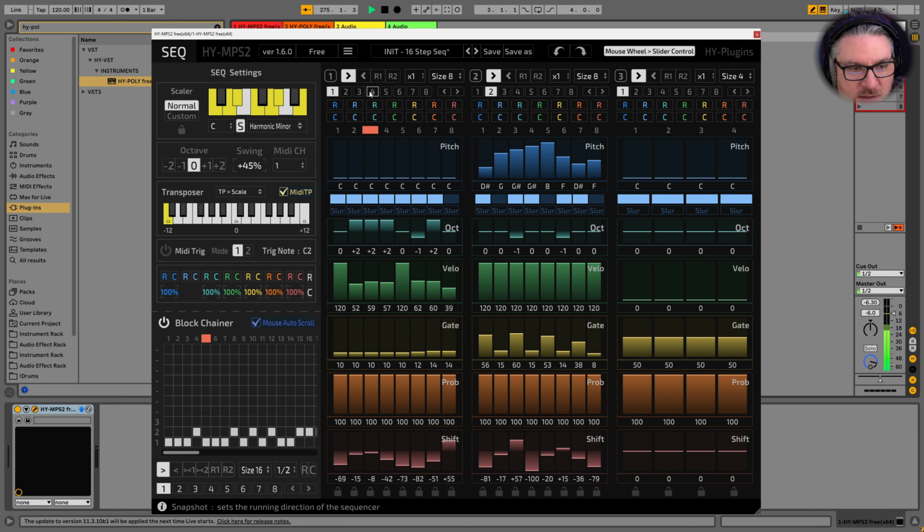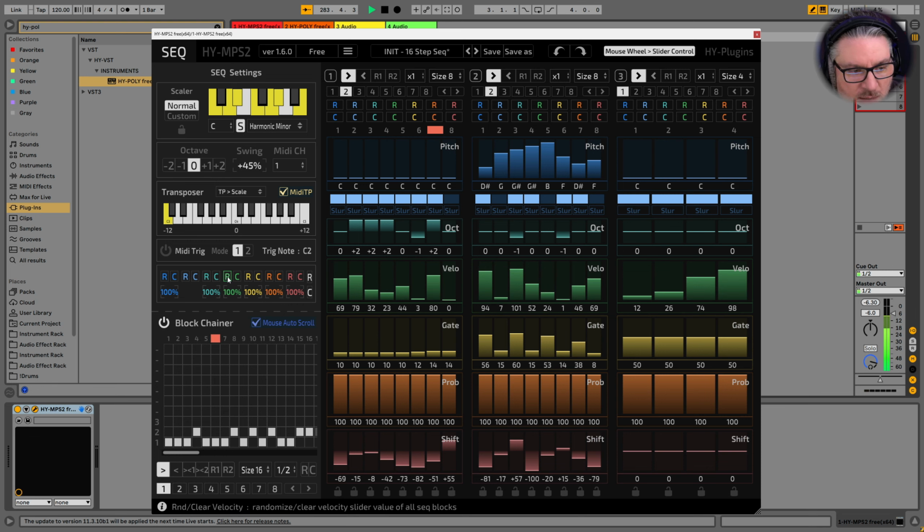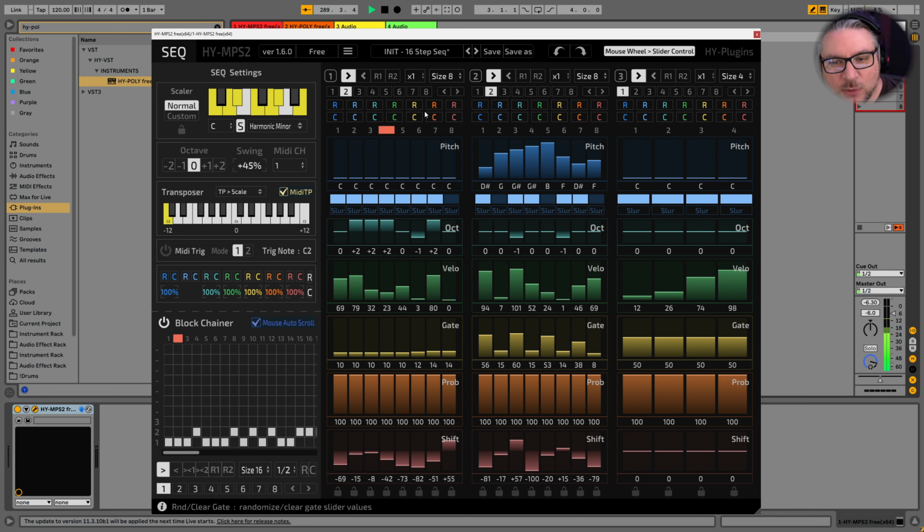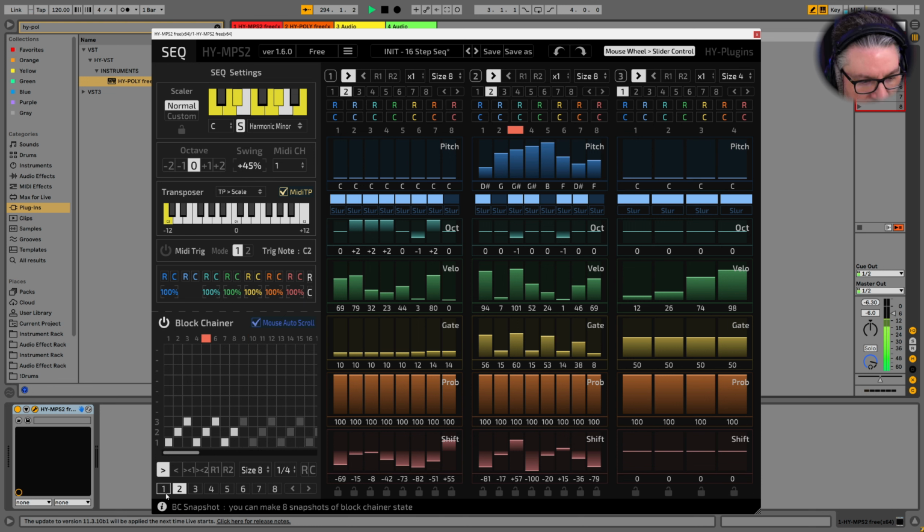Now we can mess with these. So let's do 2. Let's randomize not everything. Let's leave pitch alone. What do we want to randomize? Velocity. Yeah, let's randomize velocity of all sequencer blocks. Now, if we just go back to here, okay. There might be a way in the full version to sequence these things somehow down here, but in this version there isn't. That's fine though. And this is a separate sequencer block thing.